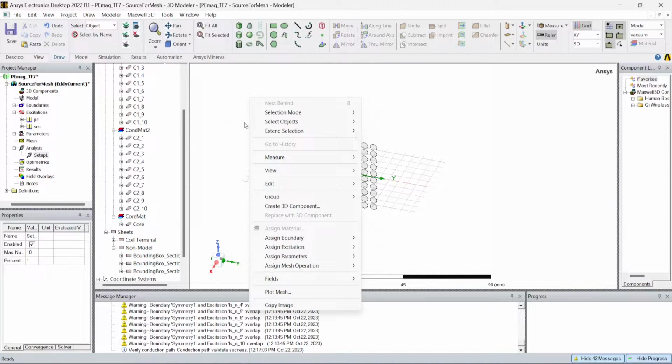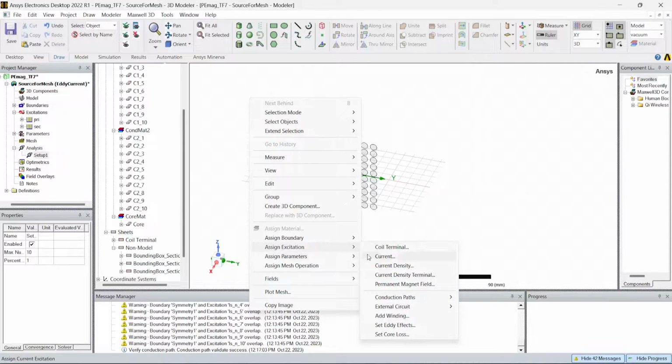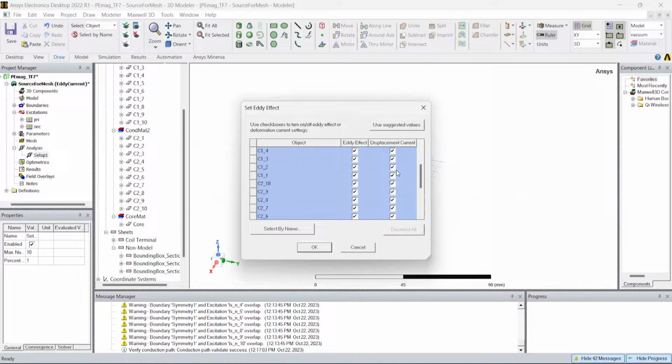One more thing is we have to set up the eddy effects inside the windings. So we know when we excite windings and conductors with some frequency, with the current going to the windings having some frequency, then the proximity and the skin effect will come into picture. So we have to turn on these eddy effects. You can see for all the conductors that eddy effects are on. So we'll just hit OK,